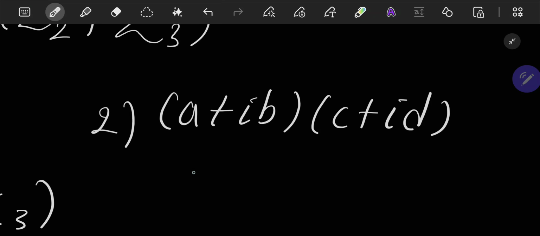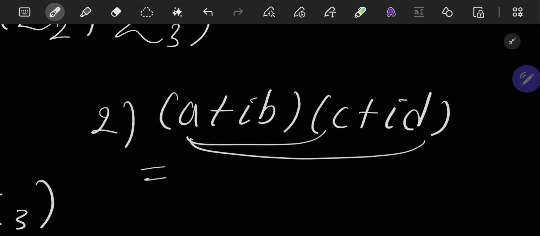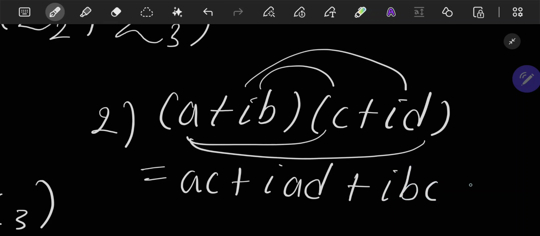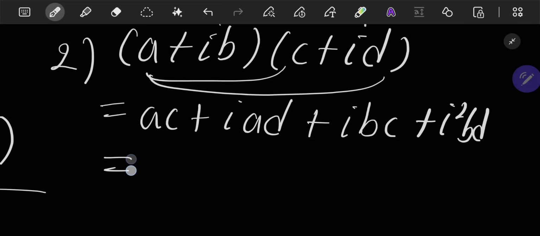We just multiply these algebraically. So we multiply these two, so AC plus, I guess, IAD, plus then these two, IBC plus I squared BD, which is then equal to AC